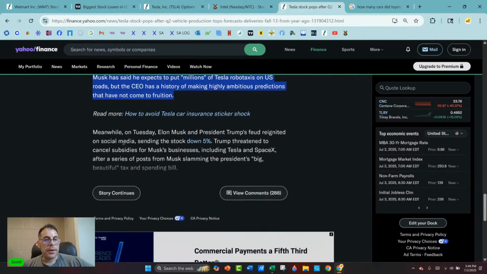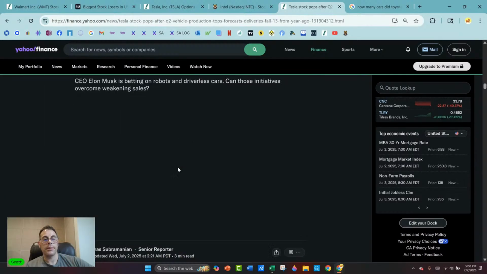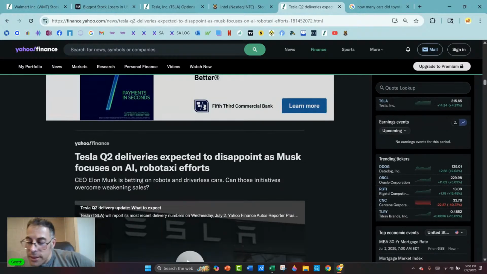That is true. Meanwhile, on Tuesday, Elon and President Trump, so they have a feud now, Trump and Elon, and that brought the stock down 5%. This is obviously on Tuesday, this article. Trump threatened to cancel subsidies for Musk's businesses, including Tesla and SpaceX, after a series of posts from Musk slamming the president's big, beautiful tax and spending bill. The more Musk's image unravels and his overblown promises get exposed, the more Tesla starts looking like a house of cards built on hype. Yeah, it's gonna